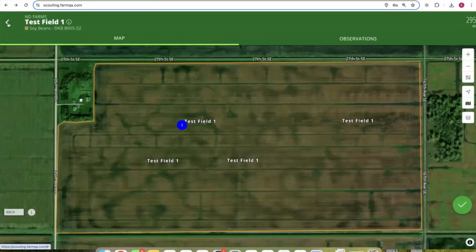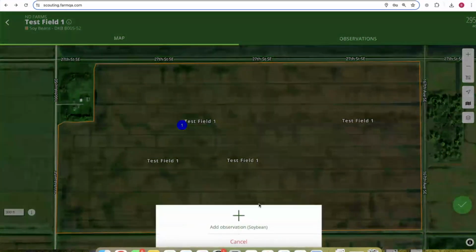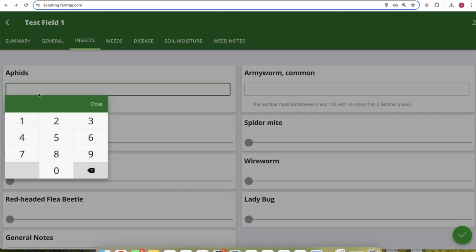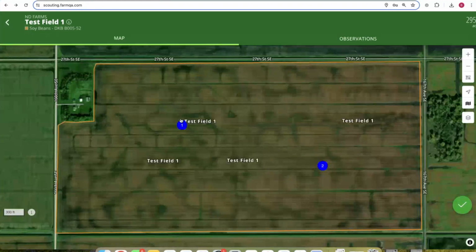And a couple of things I just mentioned for some niche cases is that, let's say you did have multiple observation points. You can add entirely new observation points to this report. So I'll say do a second aphid count, and we're going to do a growth stage. So now this report has 2 observation pins. One was added initially, and the second was in edit mode. If it's a consolidator, or if it's a merge report where you've got, say, 4 or 5 scouts in this field, if all 4 of those scouts have submitted, one person can collectively edit all those